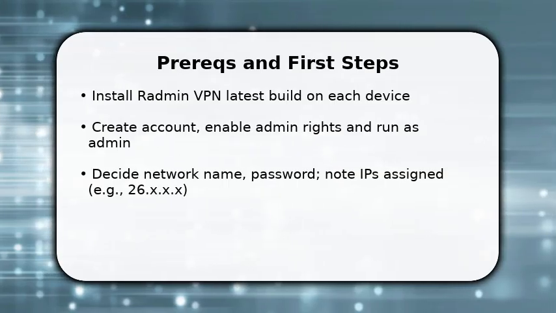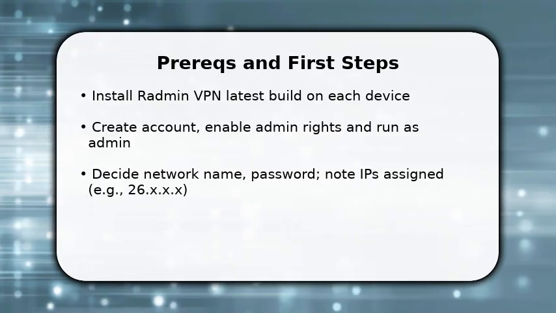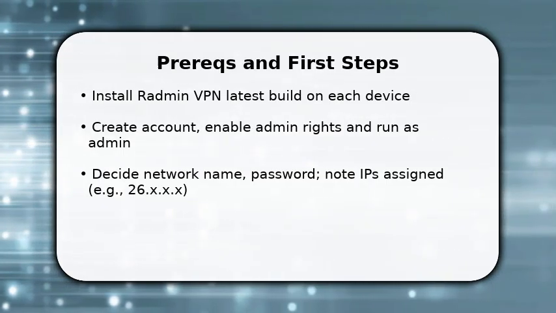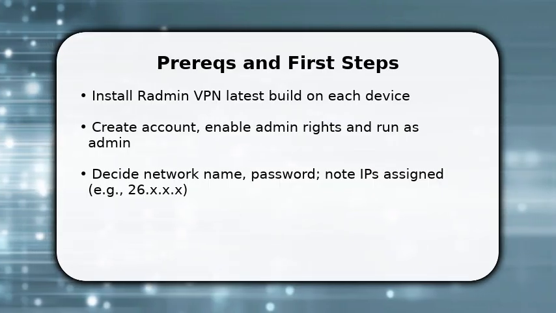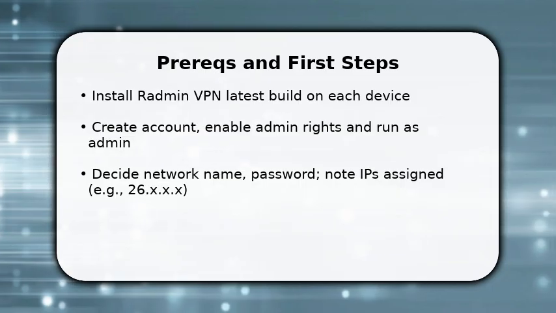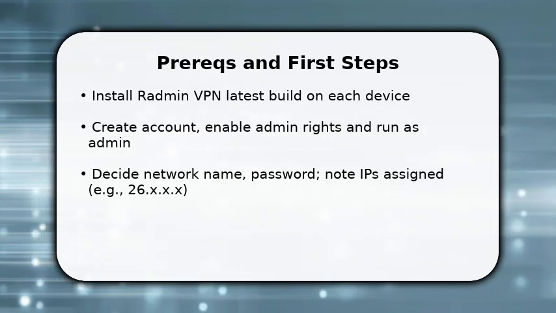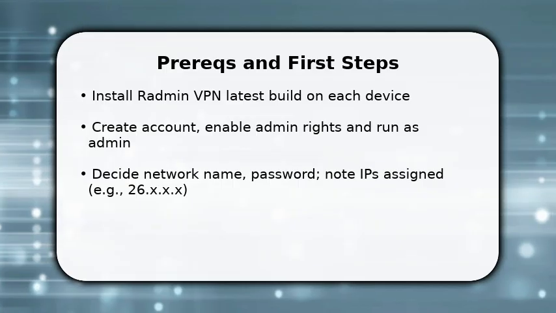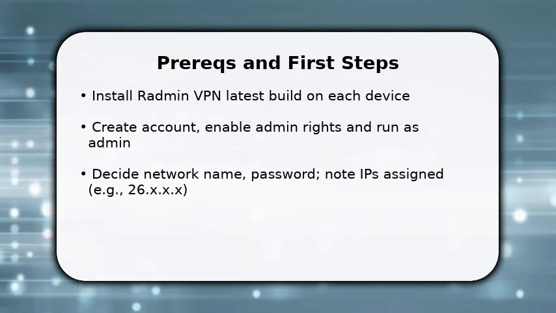You start by installing Radmin VPN and granting administrative rights so tunneling works. This is why you must run the installer as admin. Once installed, create or sign into your Radmin account and choose a clear network name and strong password so other devices can join securely. Make sure to note the virtual IPs assigned to each machine because you'll use them to